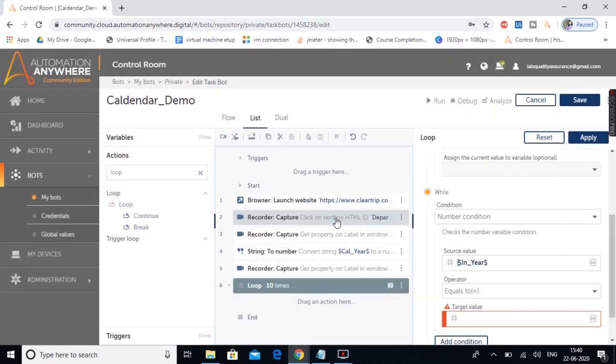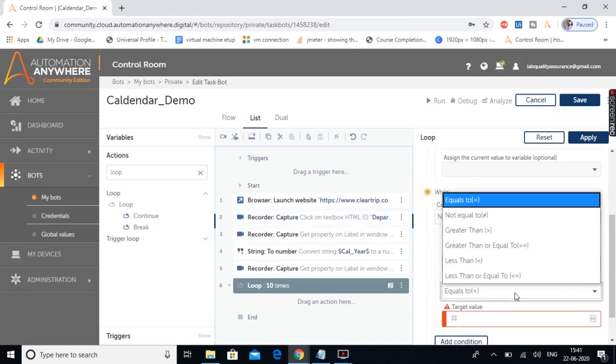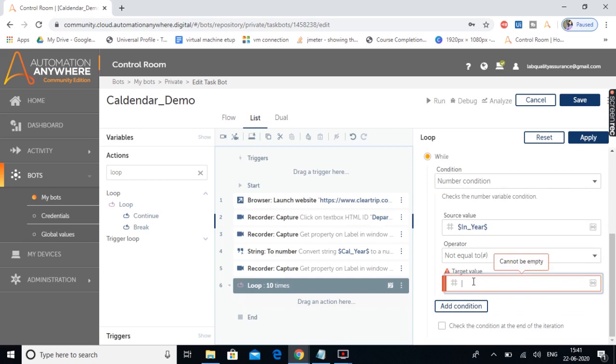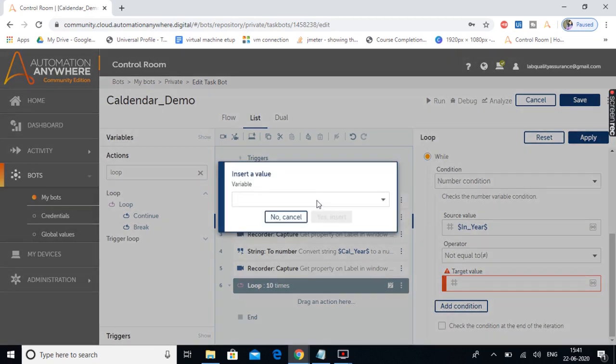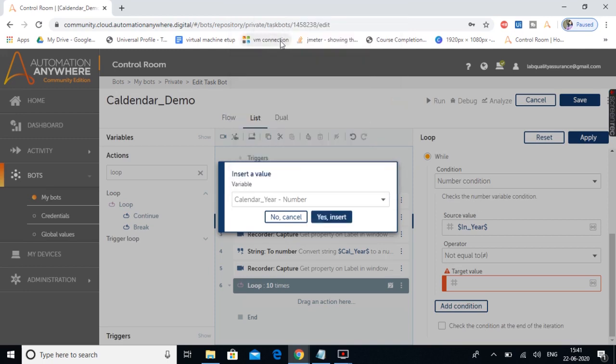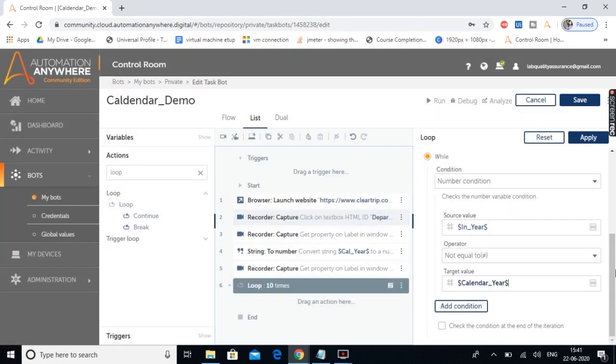Let's click on yes, insert, and for the operator I'm going to select not equal to, and for the target value press F2. From the drop down let's select this calendar year, which is the year that got captured from the calendar. Let's click on yes, insert. So we are saying that input year is not equal to calendar year.